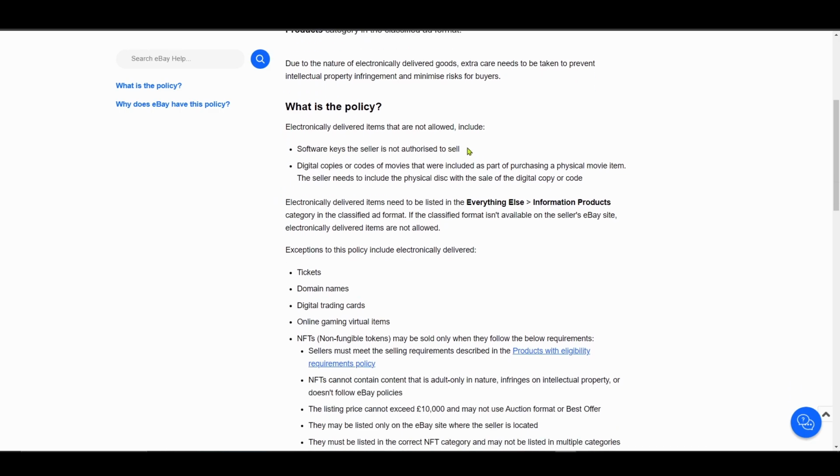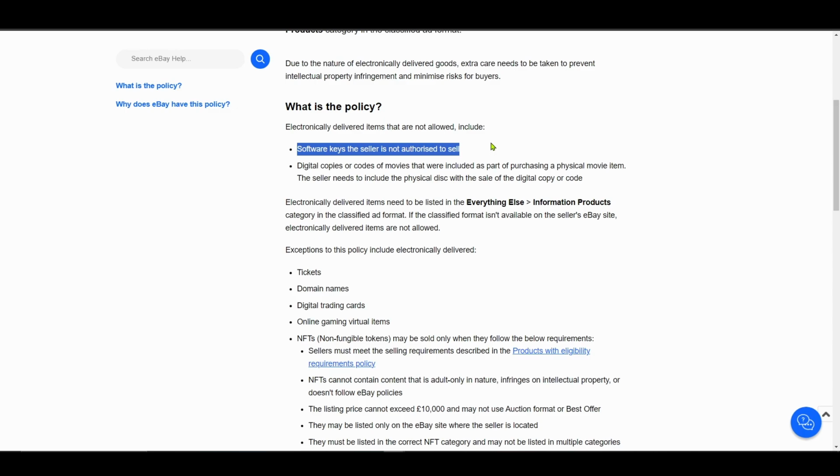So the risk with this policy and with this particular part of the policy is that eBay can ask you to prove that you are authorized to sell the things you're selling, and that usually means providing an invoice from like a wholesaler or something, and showing that you've got a business account. So either you can say, well, I'm selling my own things, and that's fine. But if you're doing this properly and you're making lots of money off it, then you ought to be a business and you ought to be able to prove that you can sell these things.